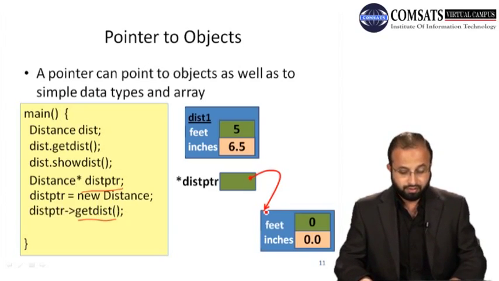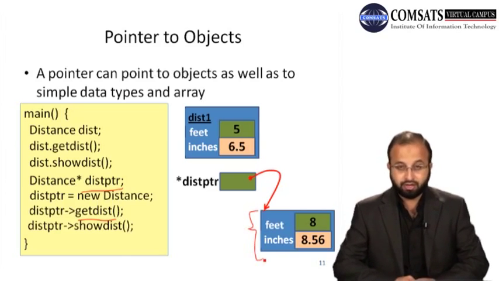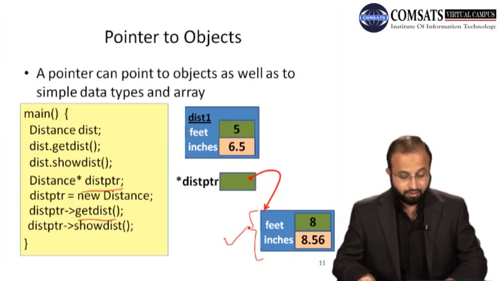destPTR is a pointer, so it contains 4 bytes in memory. Now this pointer points to a memory where you have an object of a distance class. Then next statement is destPTR is equal to new distance. So distance class एक और ऑब्जेक्ट बना, and like this pointer now points to that object in memory, ठीक है।